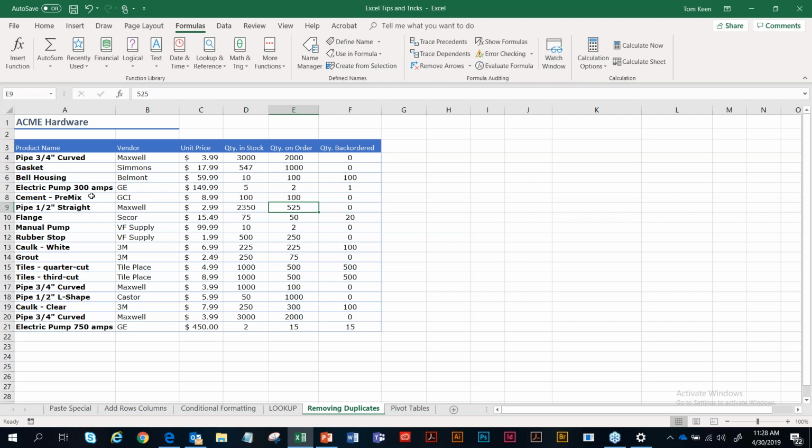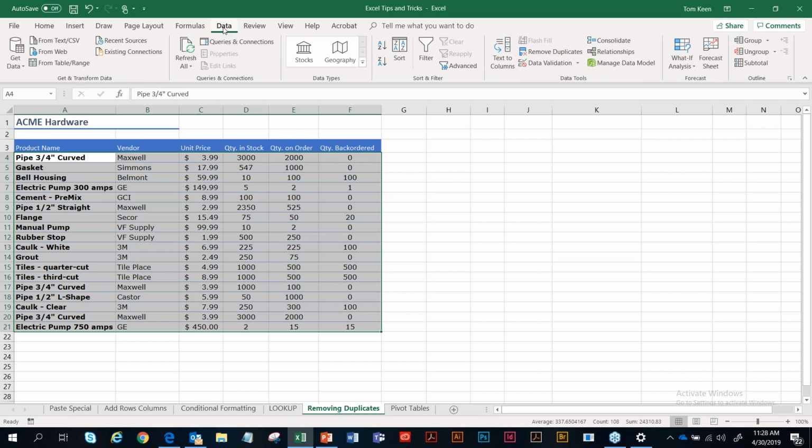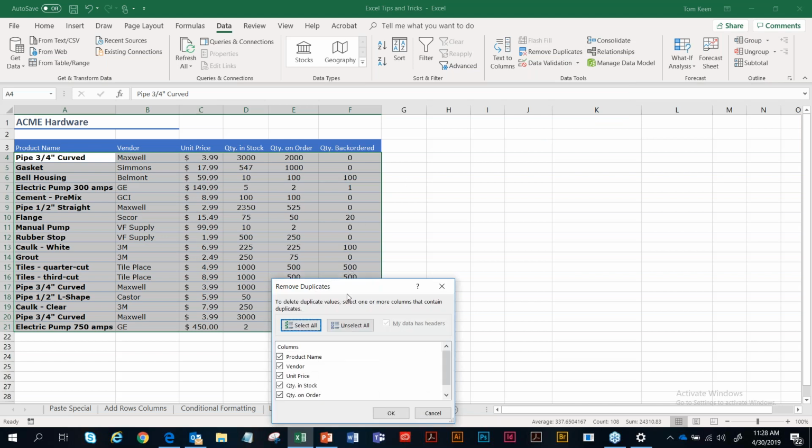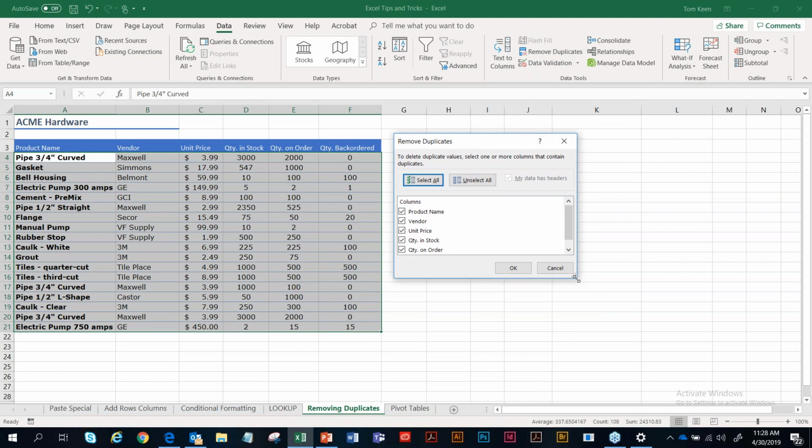So to check for my duplicates, I'm simply going to select my block of data. And then I'm going to go to my data tab on my ribbon. Under the data tab, I'm going to go to my data tools group. And in data tools, I can see remove duplicates. When I click remove duplicates, I now have my remove duplicates dialog box, and I have the opportunity to tell